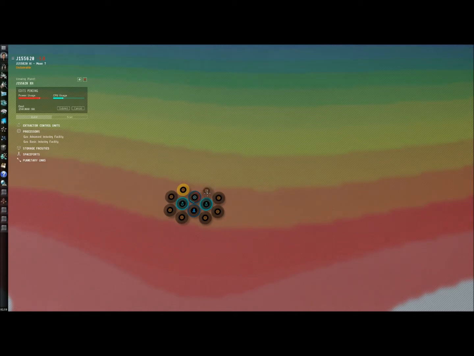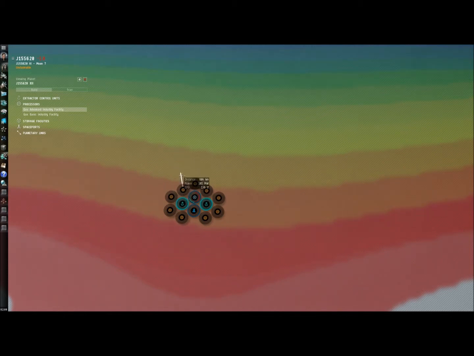You want to make the links as short as possible, which is what I'm trying to achieve here. Alright, now that you've got your advanced facilities,